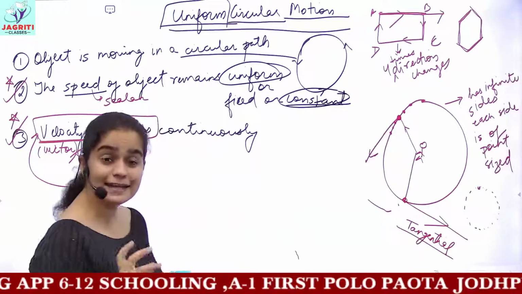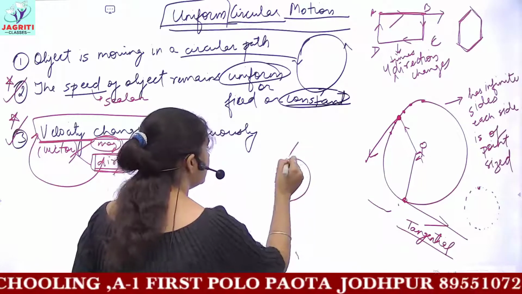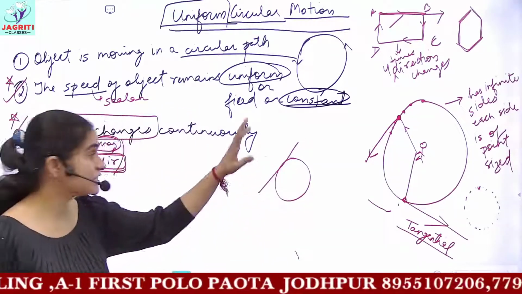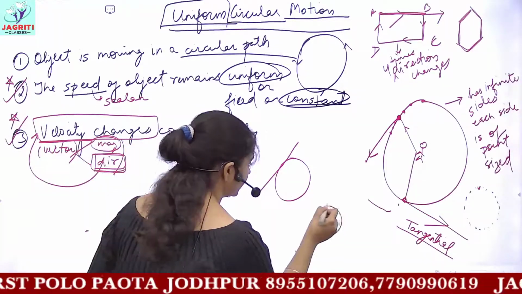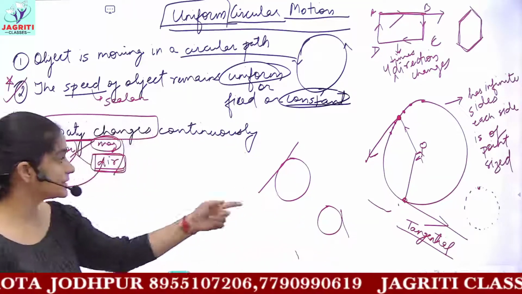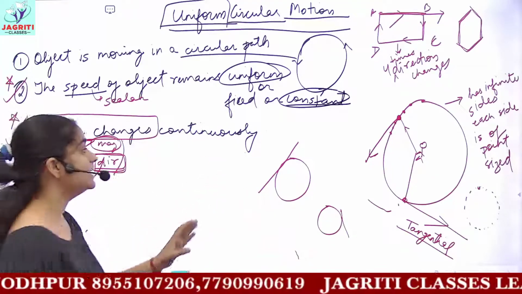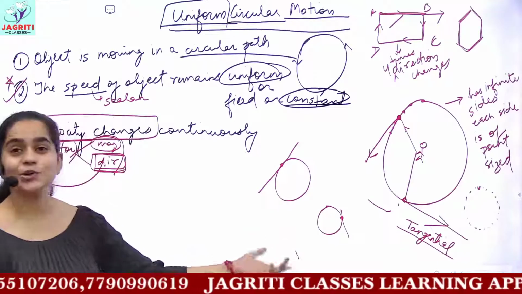What do you mean by tangent? If you have studied in maths, a tangent is a line which is present on the outer side, or exterior, of the circle, and it touches the circle at a single point. So this would be the tangent to the circle. Those lines which touch the circle only at a single point are known as tangents.